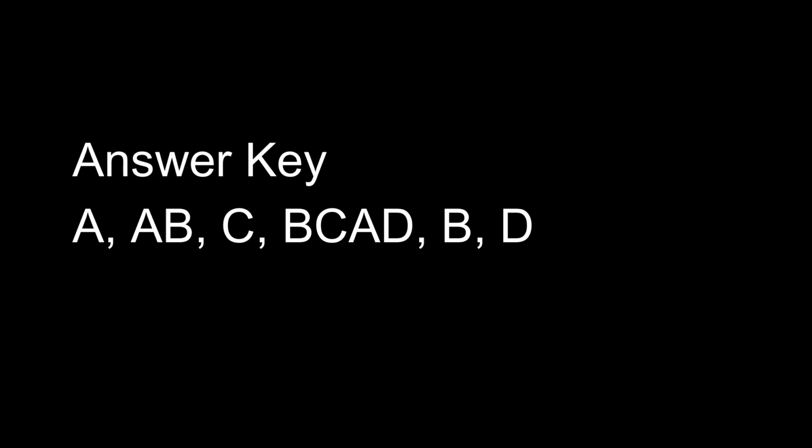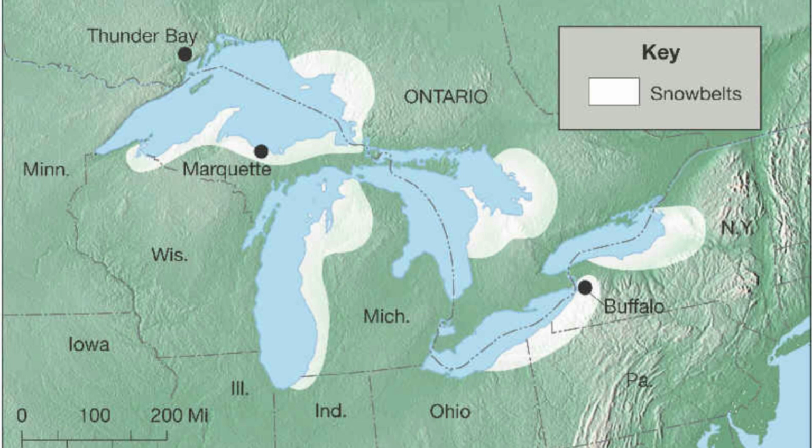Listen to part of a lecture in an earth science class. As you know from your reading, an air mass is a large body of air that's got uniform properties in terms of temperature and moisture. There are 4 types of air masses, and the one we'll concentrate on today is the continental polar air mass. Continental polar air masses form over a continent near the poles, over areas that are typically cold and dry.